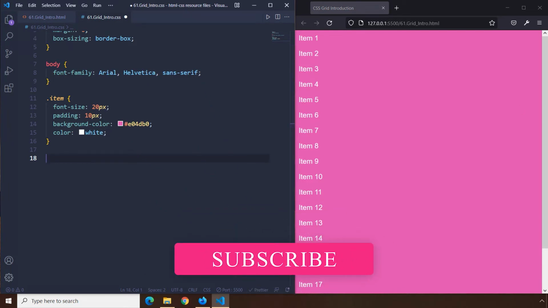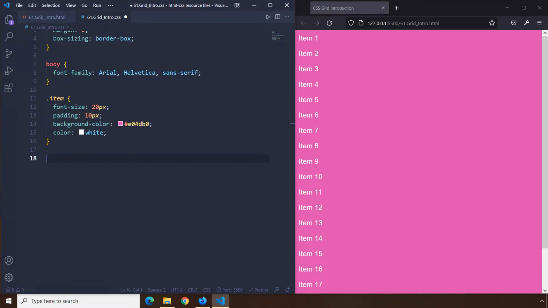CSS Grid layout is the actual official name, aka CSS Grid. It is a two-dimensional grid-based layout system, as opposed to Flexbox, which was one direction. This is the first difference. Flexbox is one-dimensional, Grid is two-dimensional, and this two-dimensionality of the grid basically removes the need to reorient the